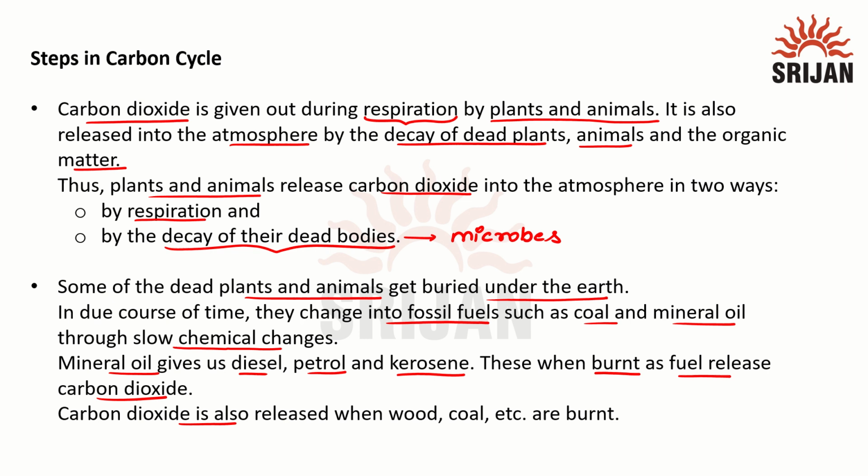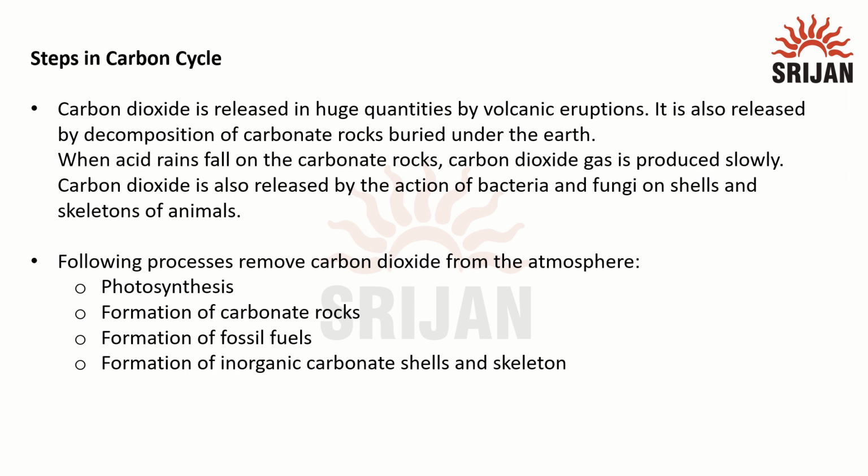Now CO2 is also released when we burn wood, coal, etc. Now if we see, CO2 is also released in huge quantities by volcanic eruptions. It is also released by decomposition of carbonate rocks buried under the earth. When acid rain falls on the carbonate rocks, CO2 gas is produced very slowly, and CO2 is also released by the action of bacteria and fungi on shells and skeletons of animals. So we can tell that